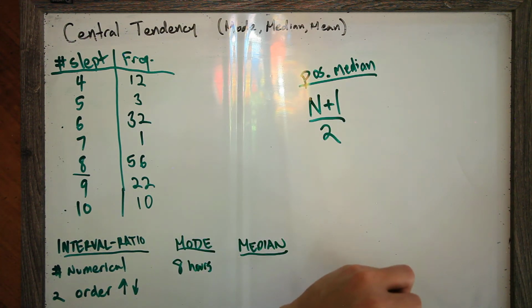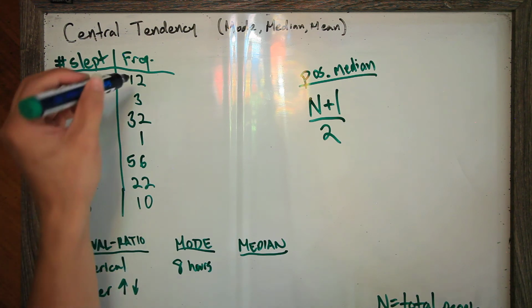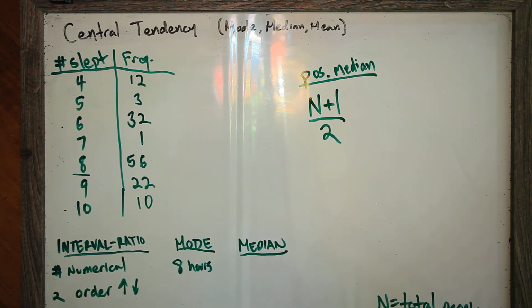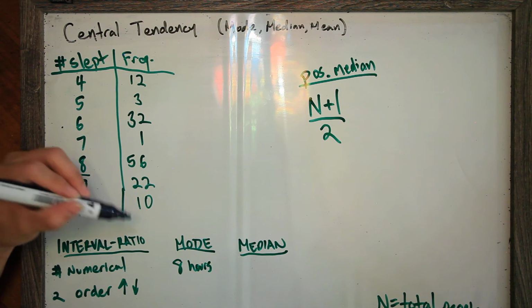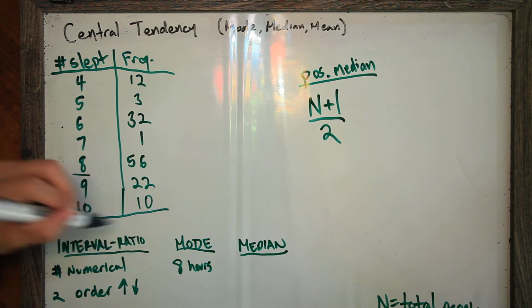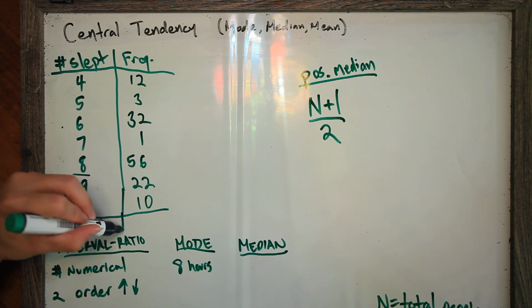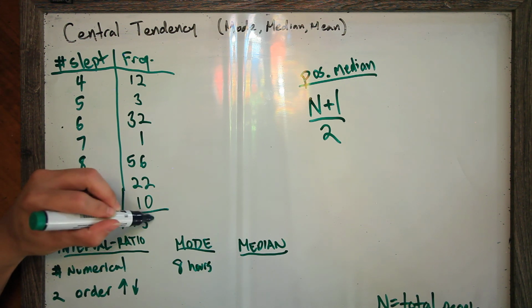Remember, n equals total people, or countries, or observations, or data points, but in this case, it's people. And we find that by adding up all the frequencies, okay? So we have 12 plus 3 plus 32 plus 1 plus 56 plus 22 plus 10. And that gives us a total of 136 people. Okay,